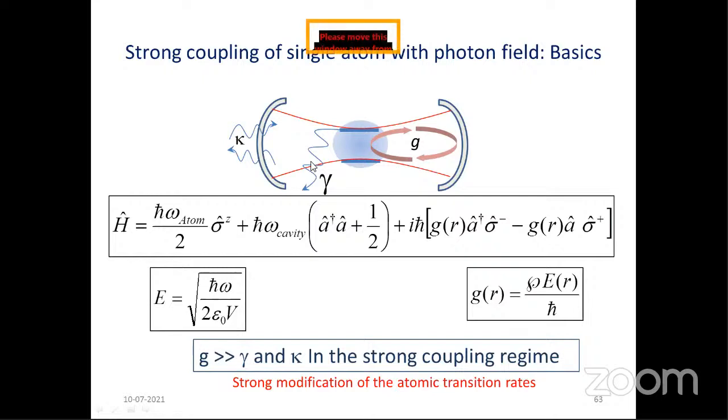And there are certain parameters that characterize how good your cavity is, how good the atomic dipole is coupled to the cavity. This G, which is the coupling of the atomic dipole moment with the electric field inside the cavity, has to be much larger than the spontaneous decay rate, because once you excite the atom, it's going to decay spontaneously. And there is also loss of photons from the cavity. So these two loss rates, kappa and gamma, should be much smaller than this coupling rate. Then you are in a strong coupling regime.